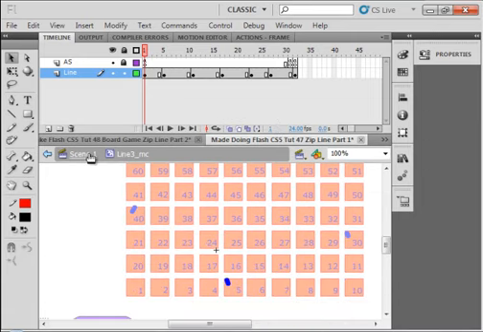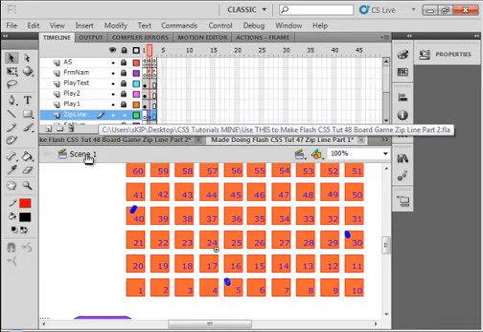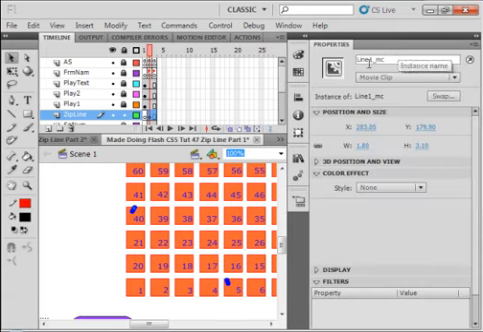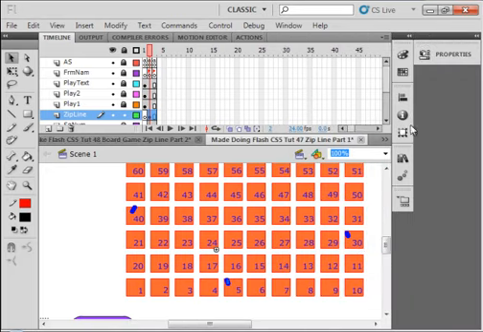Going back to scene 1, and I'm just going to check, while I have this layer selected, to make sure that these movie clips have instance names. I'm sure they did. Okay, I'm happy with that. Now